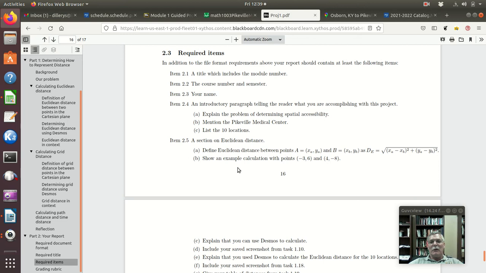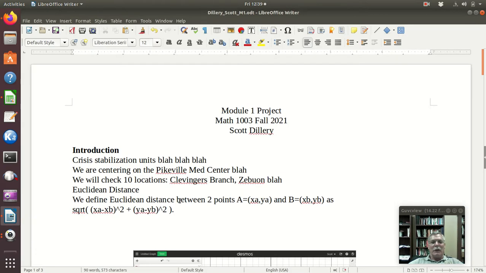Then it says show an example with those 2 points. Okay, and so then I would say as an example. So I'm using English to tell you these things, right?